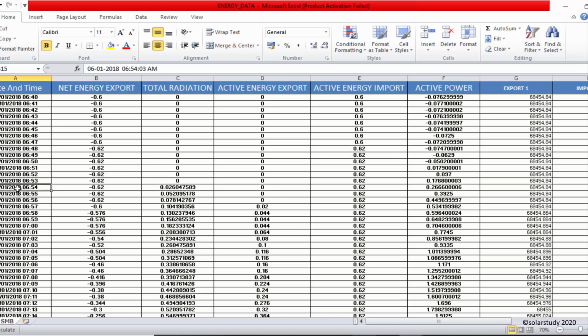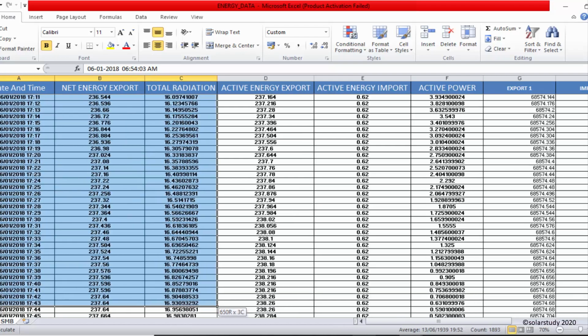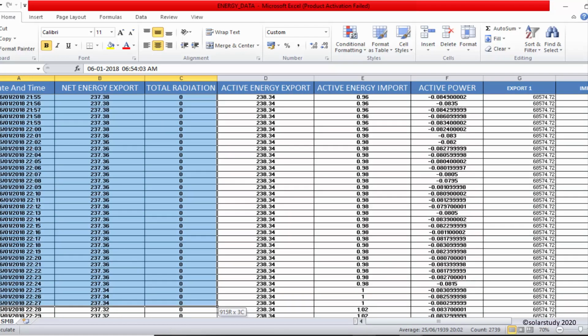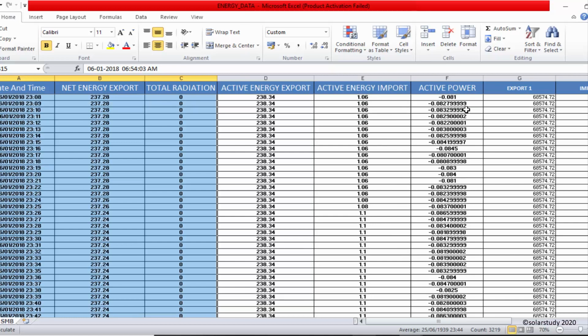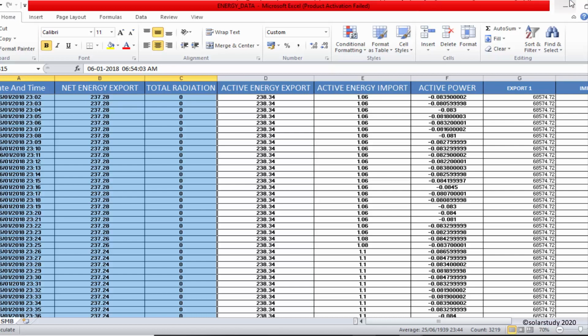Whenever the sun starts rising you will get the data. Okay, again it will become 0. So this is one of the energy data. The same thing, using just a Python program, you will call this SCADA data file and start plotting it. You will get the active power and irradiation power, and you just merge all. You will get a very good curve with the data analysis system, and you will put it here wherever it is required.